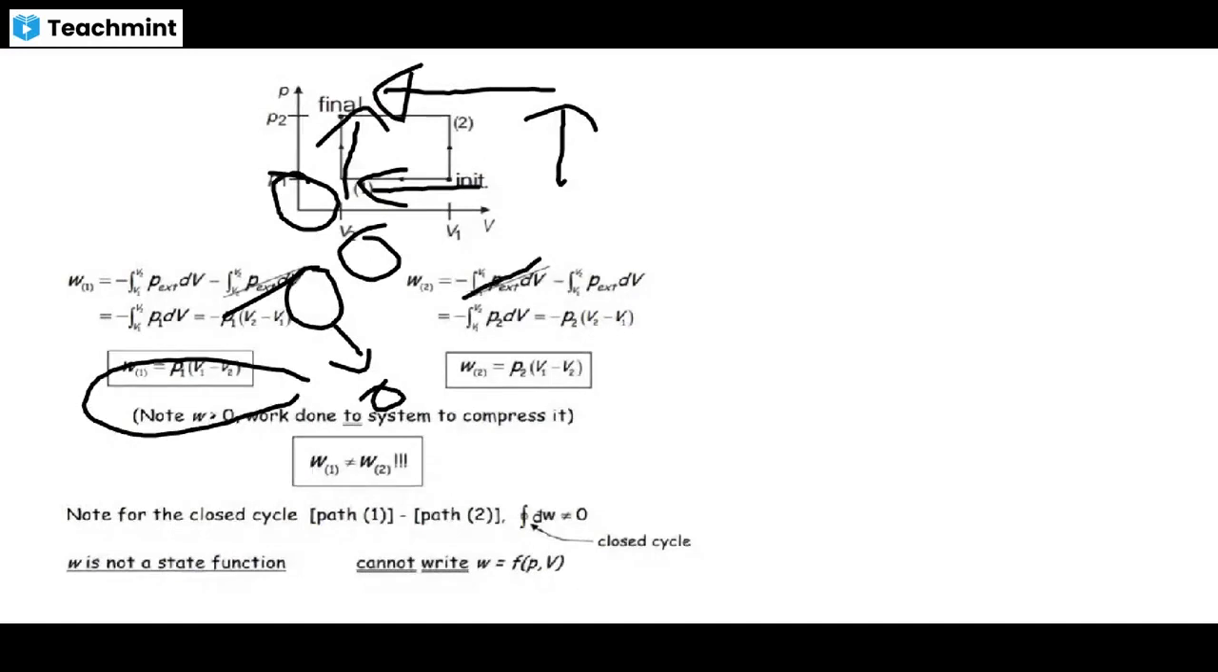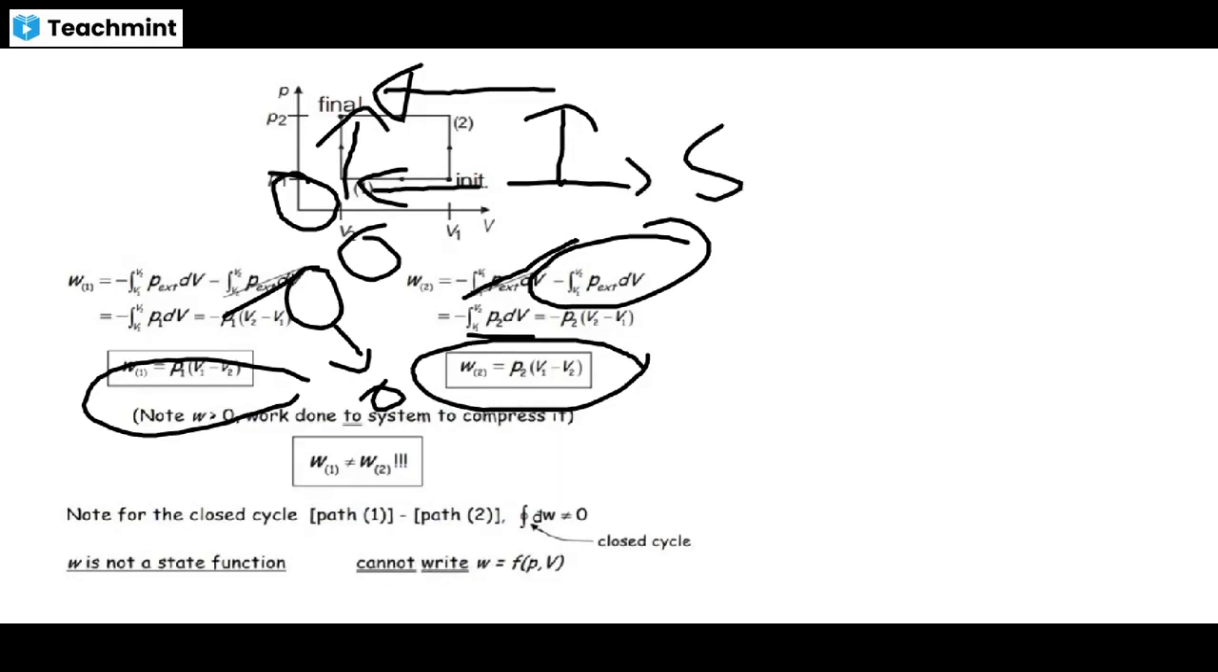Here also the volume is constant, so dV is 0, and we take only this term, and P external here is P2. So here P2, and dV is V2 minus V1. So take the negative sign inside, you get this. So from this, this is the initial state, and this is the